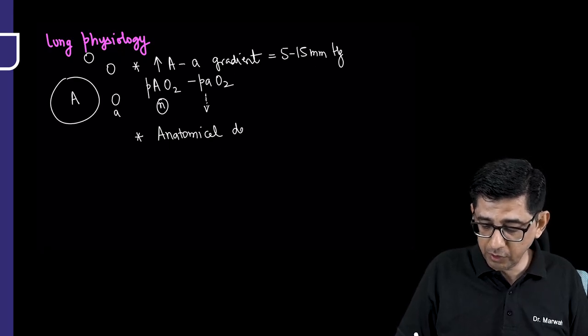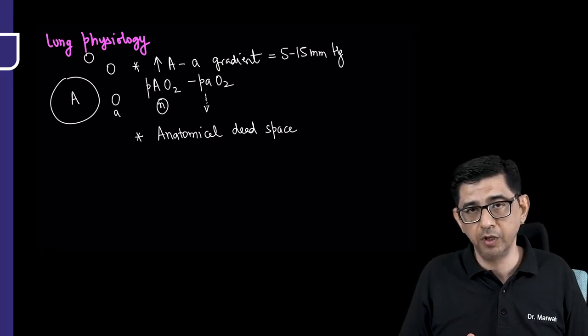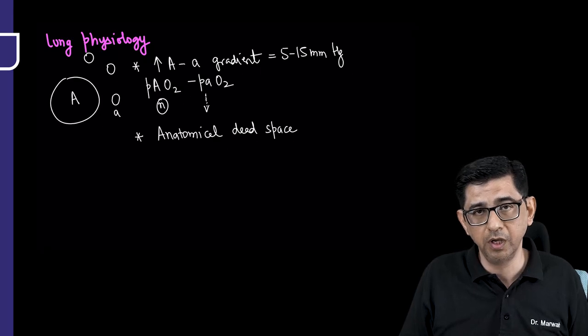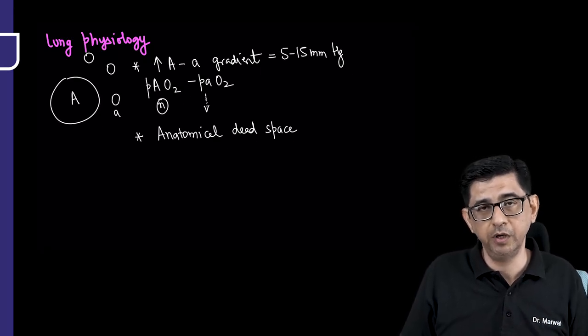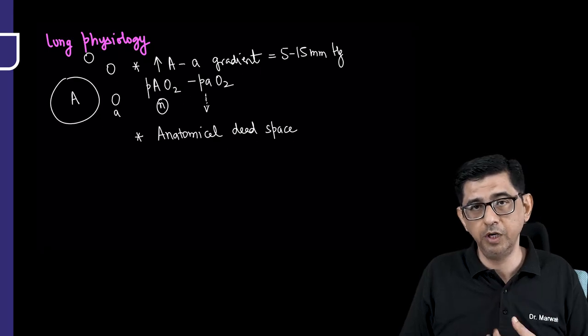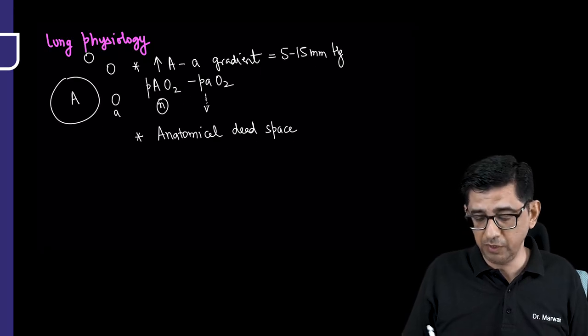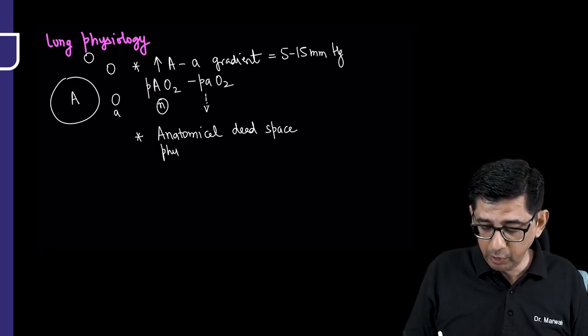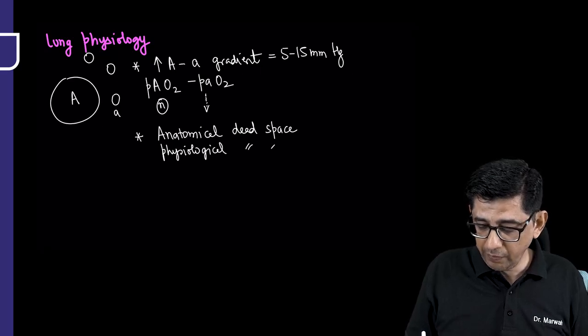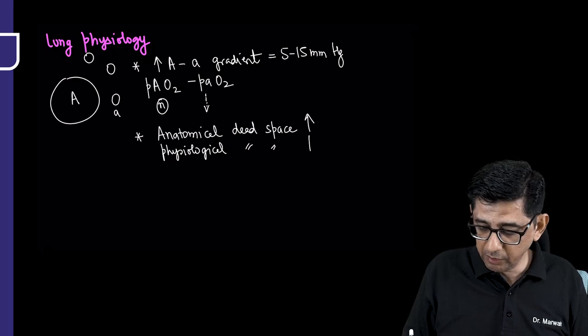Every time in physiology we read about dead space, like if we breathe in 500 ml of air, all 500 ml does not reach the alveoli. We have only about 350 ml reaching the alveoli. Remaining air will remain in the trachea only. That is called dead space. So we have an anatomical dead space, we have a physiological dead space. And in pulmonary thromboembolism, this dead space would be increased. And that again explains why there is